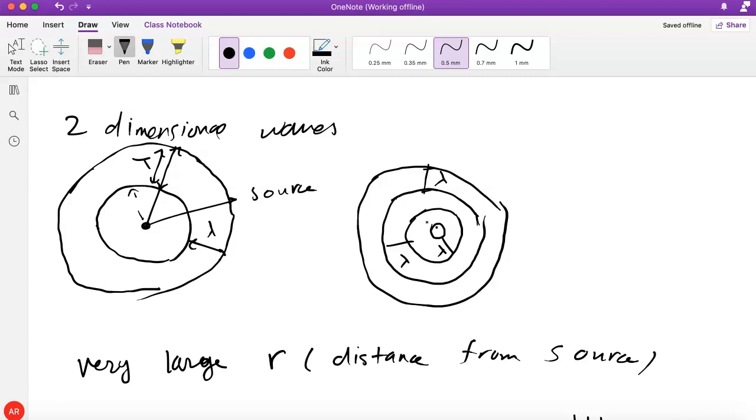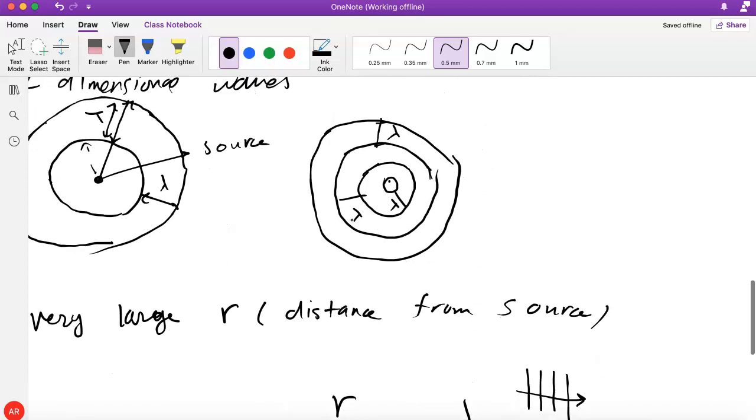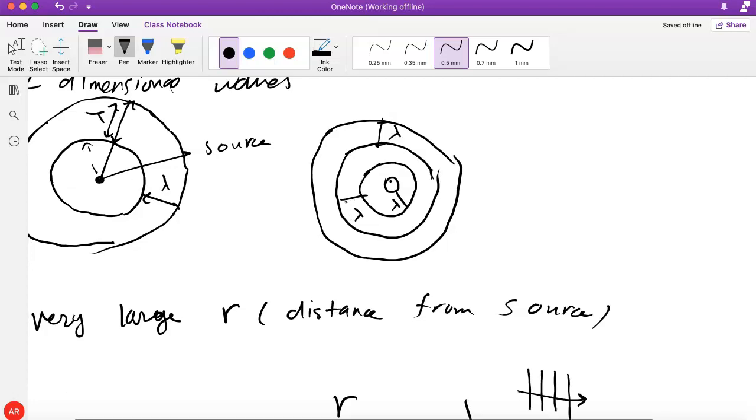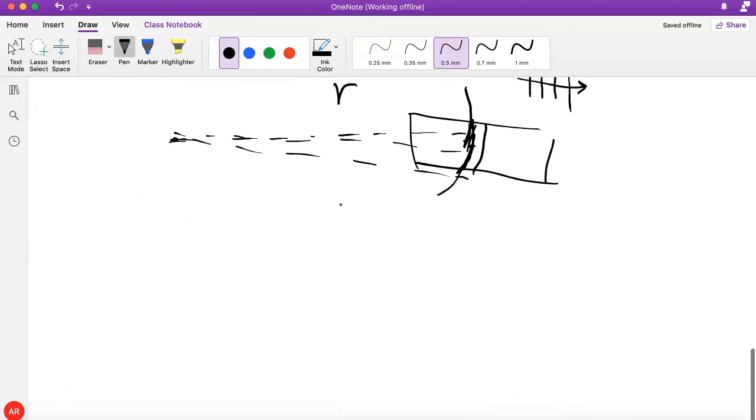And then the wavefronts also grow with some speed v. So in general, let's say in 2D, for example,